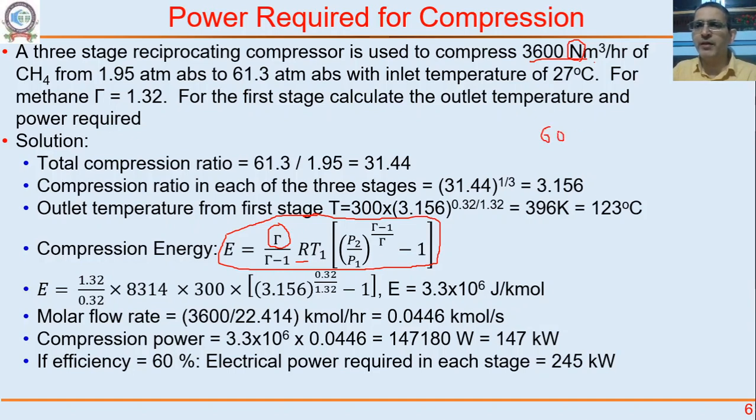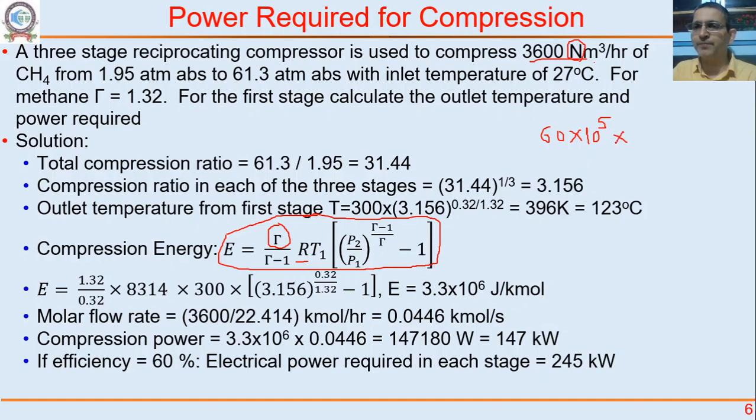So 60 into 10 raised to 5 would be the change in pressure that the pump has to do, divided by rho g would tell you the head that the pump had to develop, multiplied by rho g q,